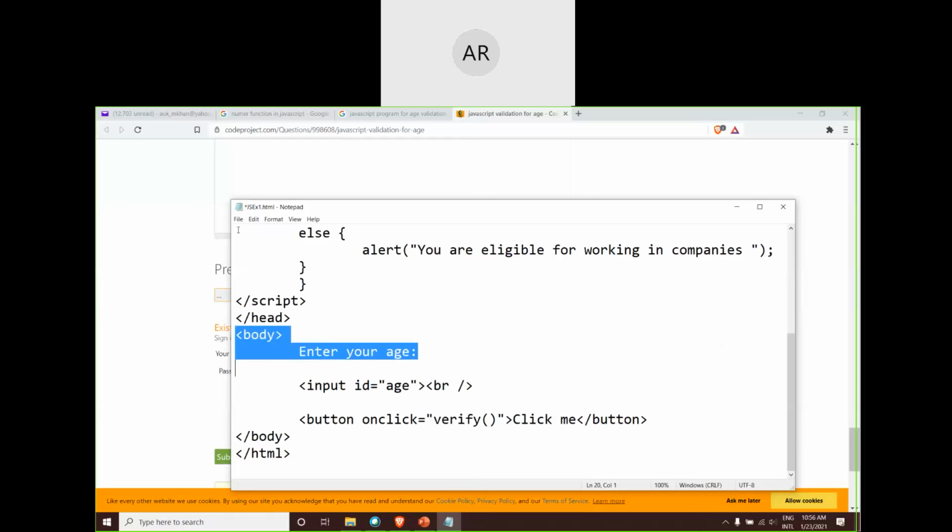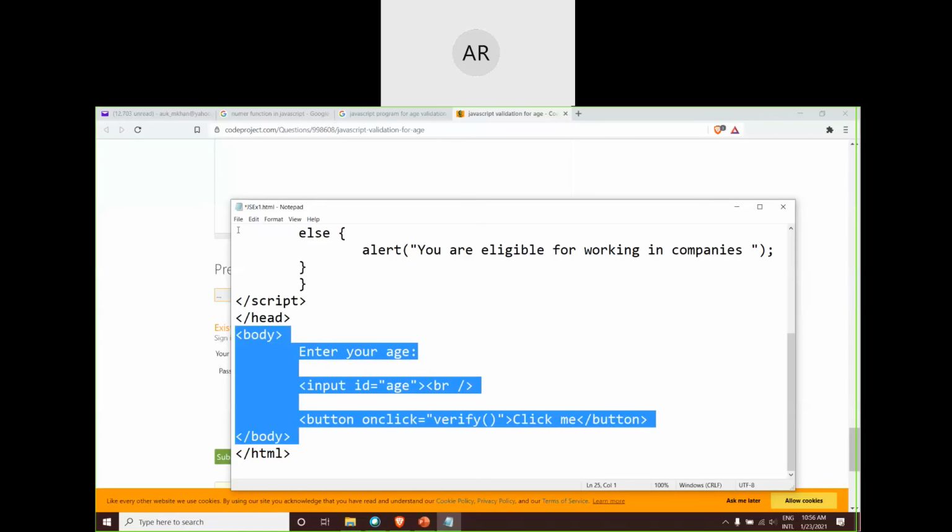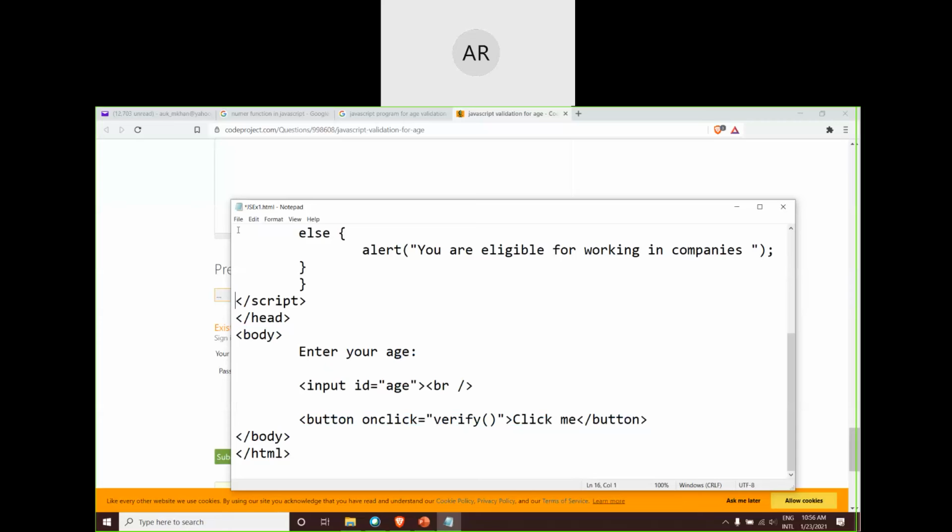So in the body, which is displayable matter in the HTML, we are writing enter your age because we want this as a label to be displayed. Right? Now for creating a text box, I use the input tag. Here we used type equal to text. Even if you don't provide type equal to text, type was the attribute, right? Attribute and its value.